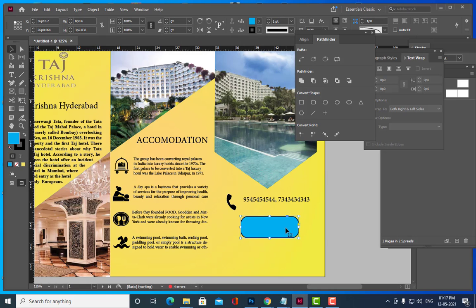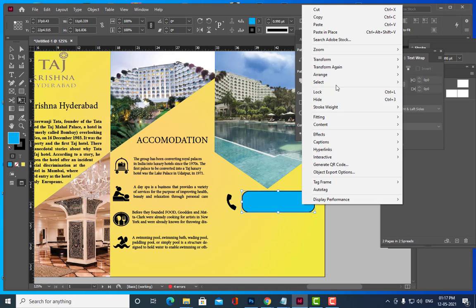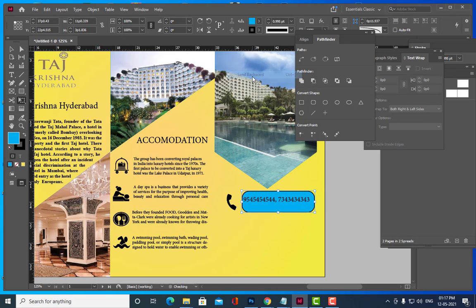Okay, then we can make it a little bit big like this. Then we can say Arrange, Send Backward like this. So you can scale it down.